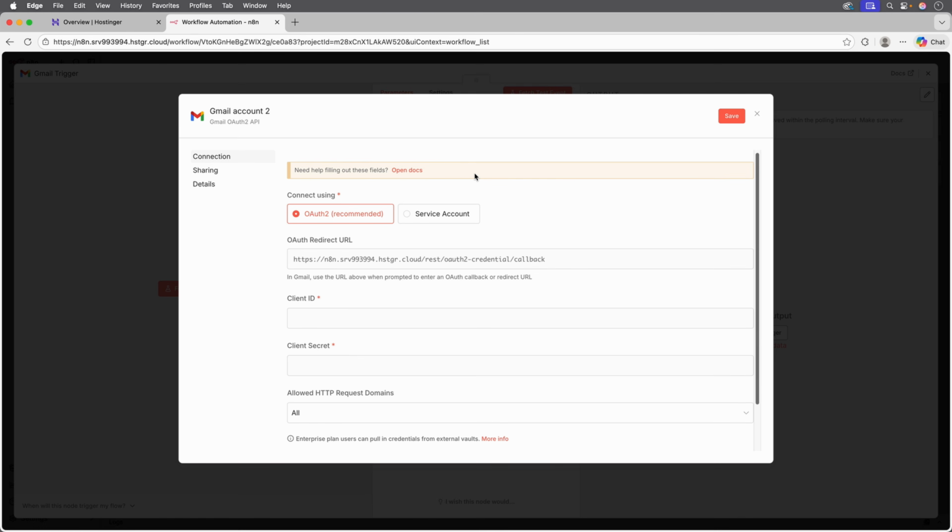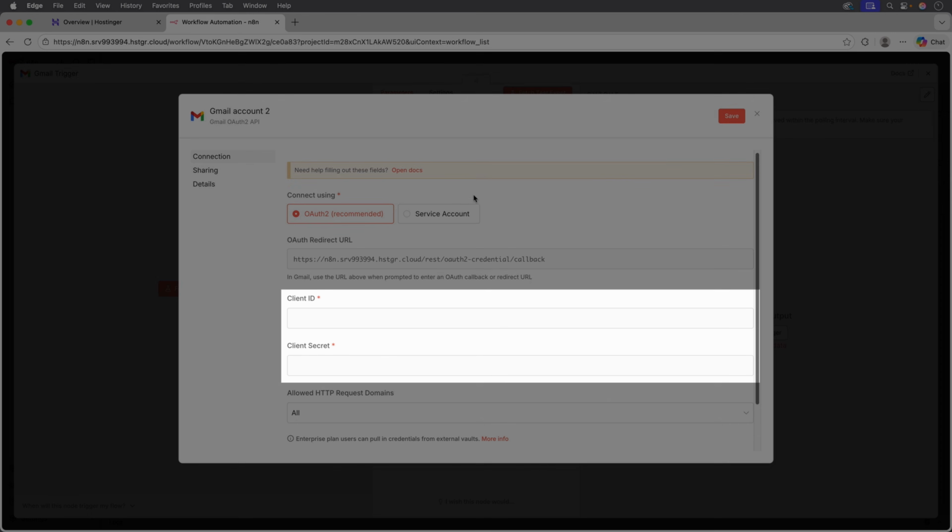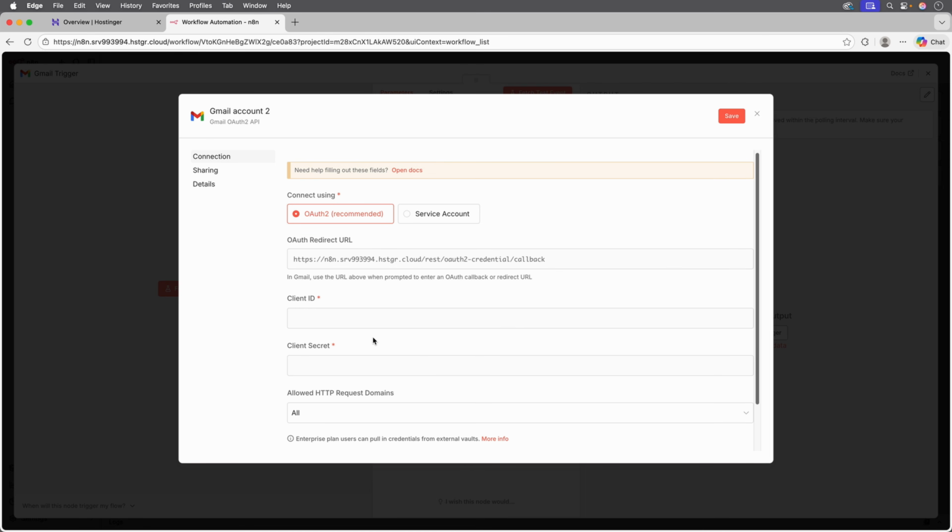Basically, to give the workflow access to our Google account, we're going to connect using the OAuth2 authentication method. Notice these two fields here labeled Client ID and Client Secret. So instead of just giving n8n your Google password, which would be pretty insecure, OAuth2 lets you create a special set of secure keys. Now again, I've already done this with my own Google account, but if you're not familiar